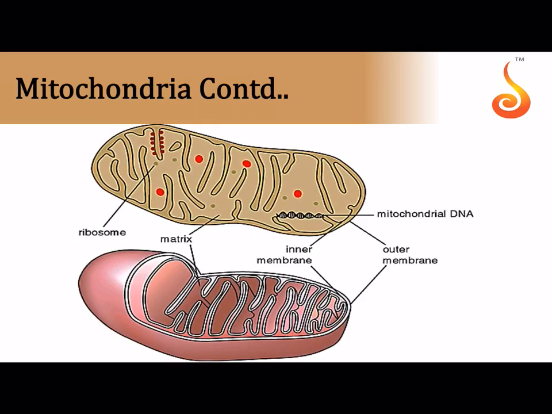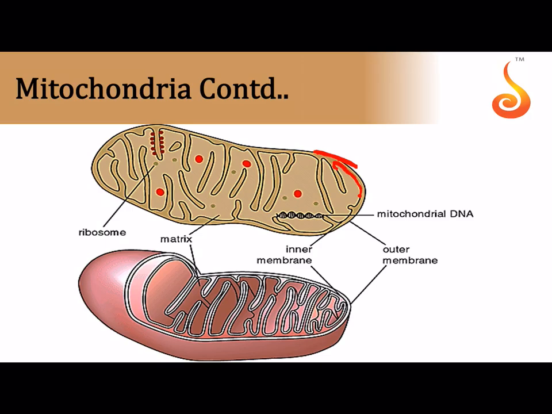Mitochondria. Now you're all familiar with mitochondria. I'm not getting into the details of mitochondria because you can manage it on your own. There is an outer membrane, and it is a sausage shaped body. It doesn't mean that all mitochondria are sausage shaped. They may occur in varied shapes and sizes. There is the outer membrane, and then you can see the inner membrane, isn't it?